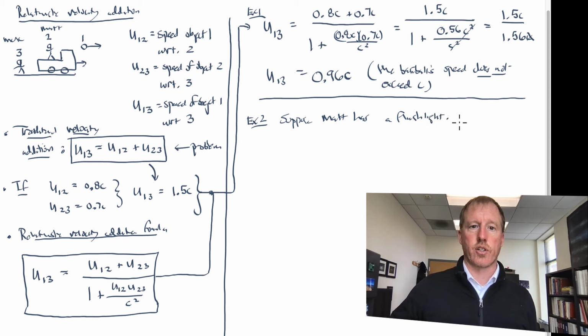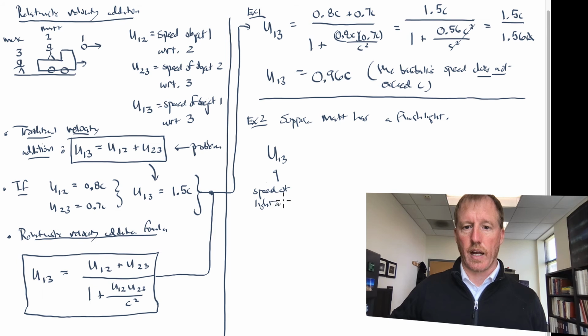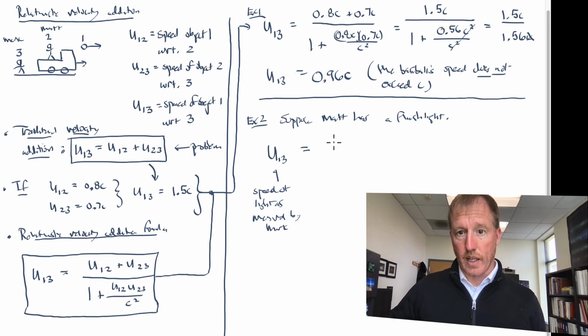Okay, and he turns this on. And so we're going to use once again this velocity addition formula to calculate the speed of light as measured by Mark. Okay, so u13 would be, I'll just tell you what this is here, the speed of the light as measured by, in our case, Mark, observer 3 on the ground. Well, the speed of the light as measured by Matthew, that would be c, because he's turning on the flashlight, it's moving away from him,